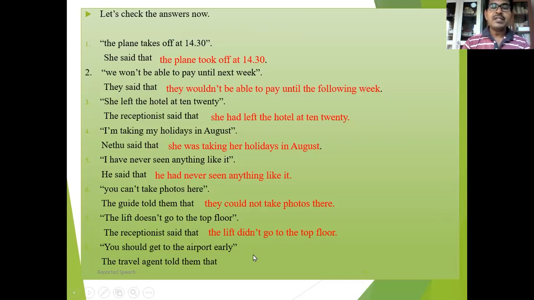You should get to the airport early. Look at the answer. The travel agent told them that you becomes they. What happens to 'you'? It becomes 'they'. 'Should' does not change. The verb 'should' does not change. Look. Should get to the airport. So